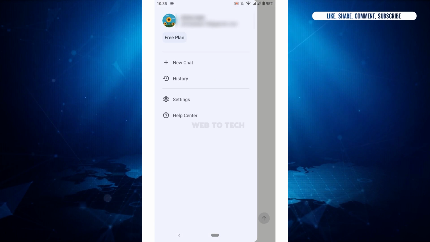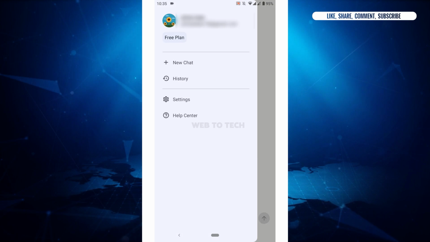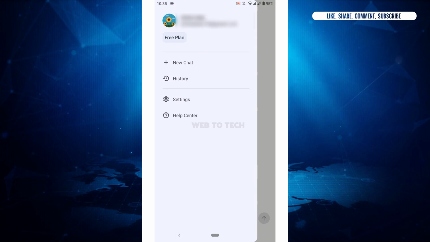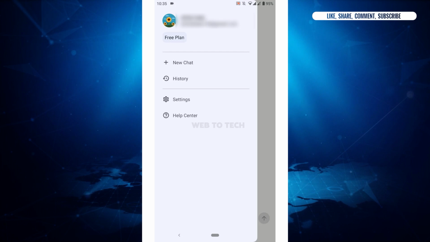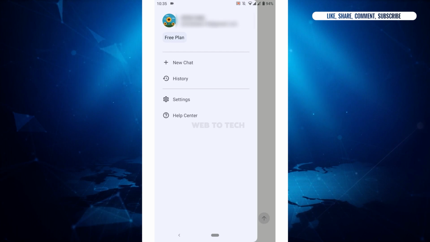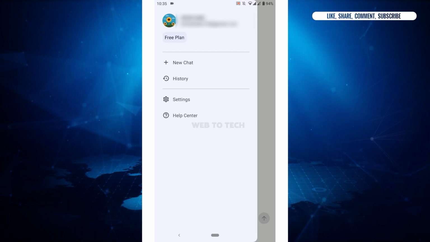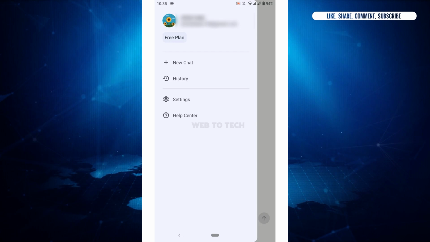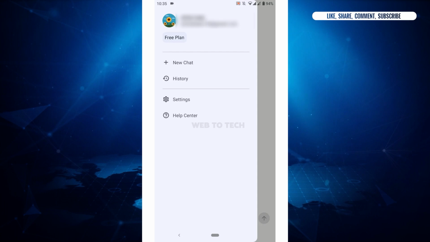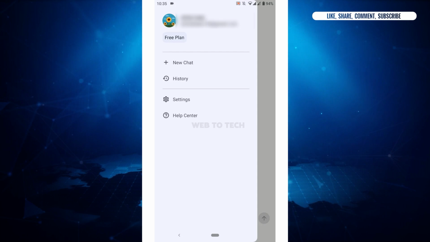So ChatGPT basically is an AI chatbot. The chatbot is an AI technology that will have a human-like conversation with you and will be able to assist you with any queries or any kind of problem or information that you're having. You just need to type in the detail that you want to know and it will provide further